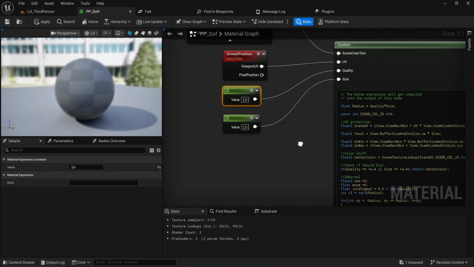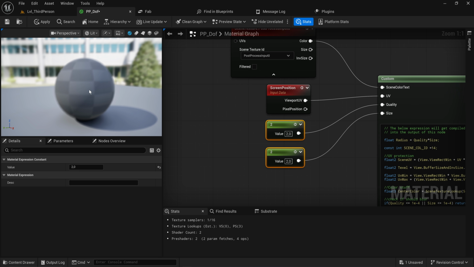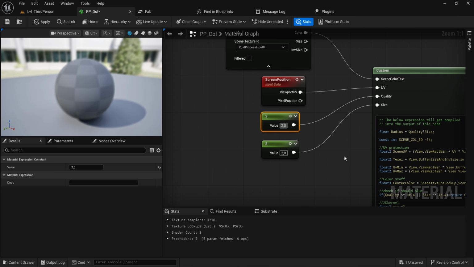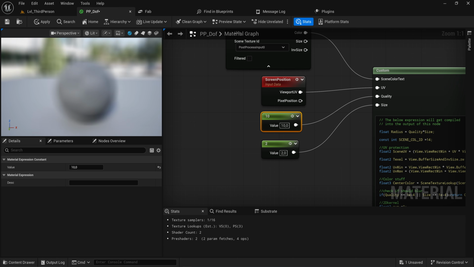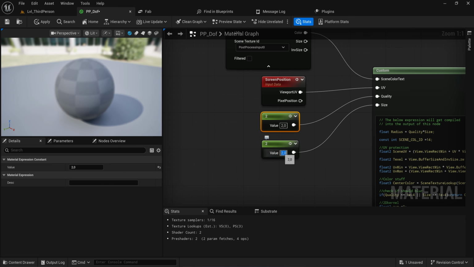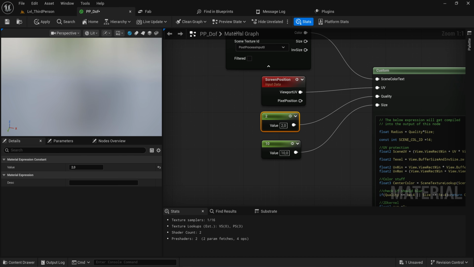And with that, we can see we have 2 and 2 in the quality and the size, and everything is now entirely blurred. Now, it's not entirely accurate to call this quality because this also contributes to the blur size. As you'll see, if I put this up to like 10, we get a super blurred thing. But what it's doing here is actually sampling more pixels out. Whereas if we do it the other way around, we set this back to 2 and this now to 10, it is sampling more far spaced apart pixels,